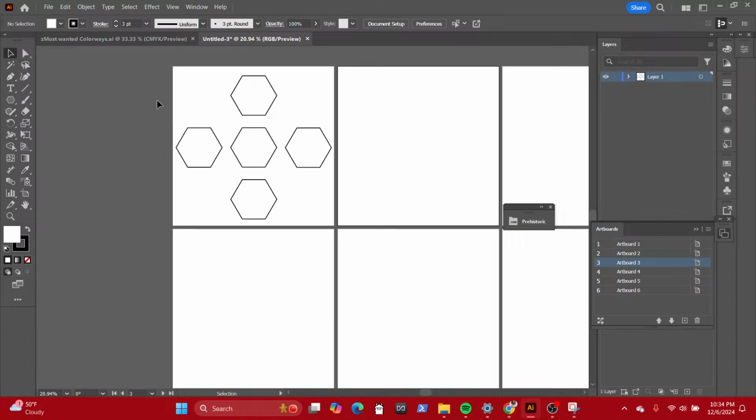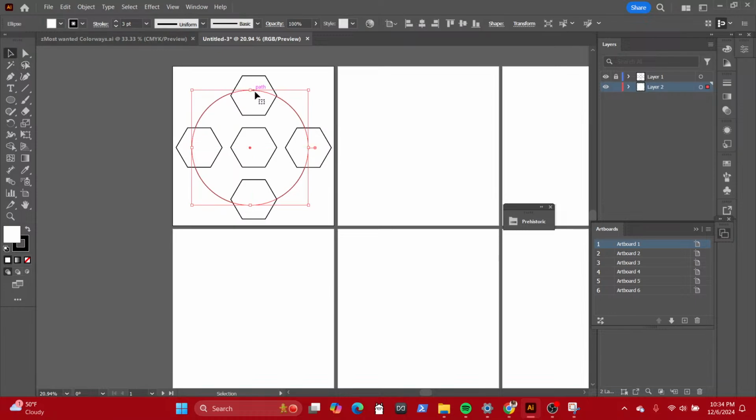So how do I want to put designs in these, right? Let's create another layer under this layer and let's lock this layer up and do a circle. Right?